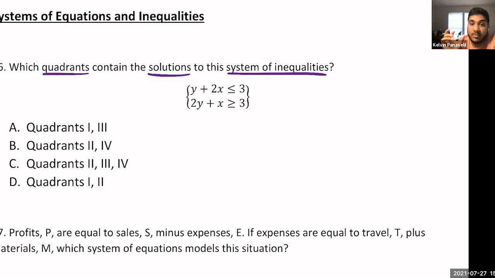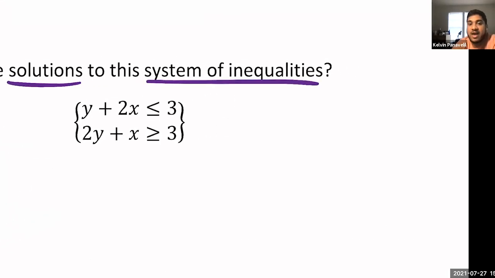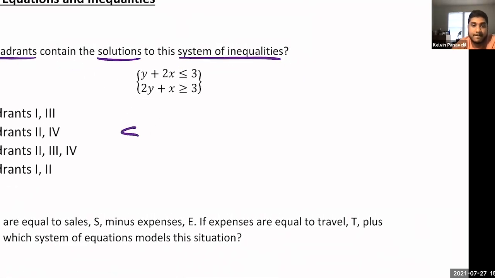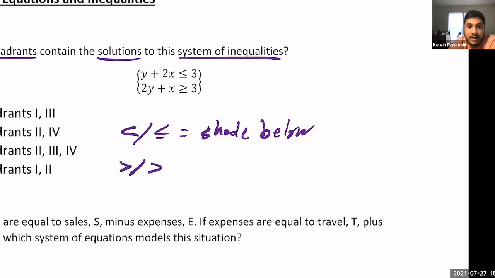So you basically solve it just like a normal linear equation. You get y by itself, right, in order to graph it, and then you shade. So Dylan, if you could write down real quick. If you have less than or equal to, you're going to shade what? Up or down? Down. Good. You're going to shade below, right? And if y is greater than or equal to, you're going to shade above, you're going to shade up. Because you want to think of y meaning up and down. So you either shade above or below, okay?